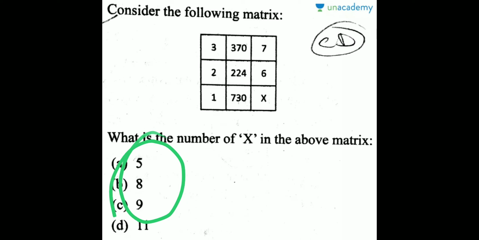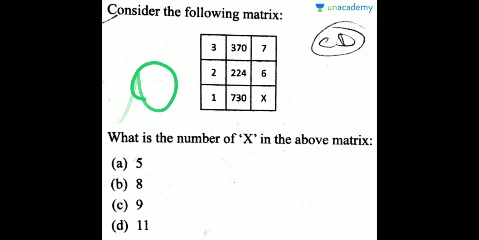Okay, so see here, when you add the first and last number, you will get 10. And that should be the sum of the middle number's digits. Okay, 7 plus 3, 10. Here all the numbers are the same, so you cannot get it over here. So see it here also the same thing applies.